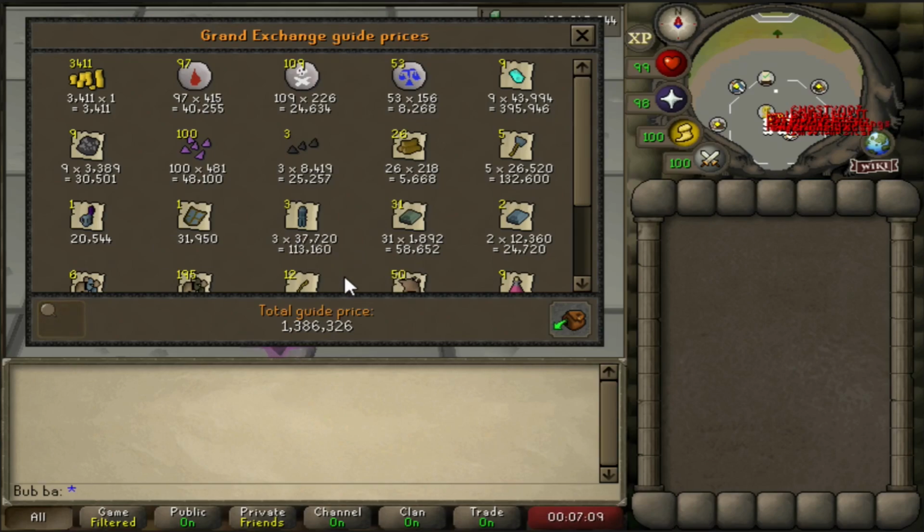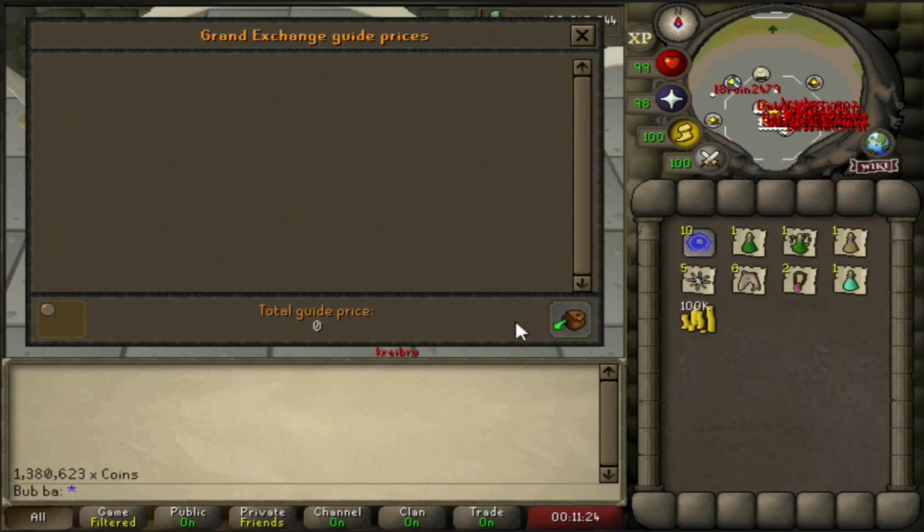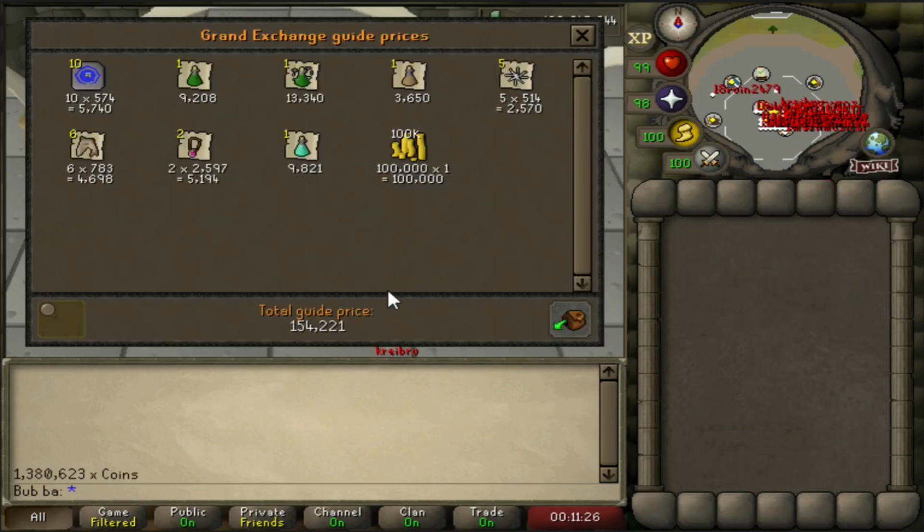And on top of that, I can already tell you right now the supplies we used were drastically lower because I never had to burn a bunch to escape a PKer. And here are our total supplies used. If we chuck it in the price checker, it comes out to 154k. This 100k cash being the initial entrance fee we had to pay,